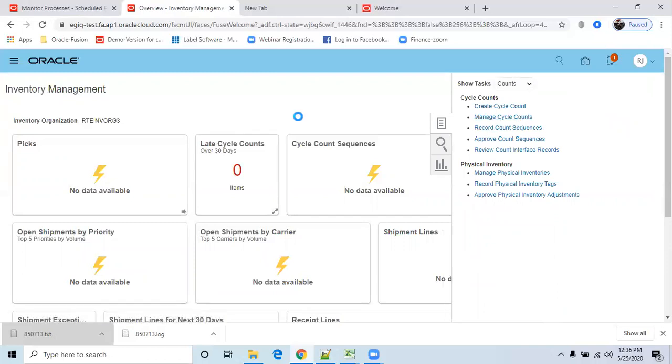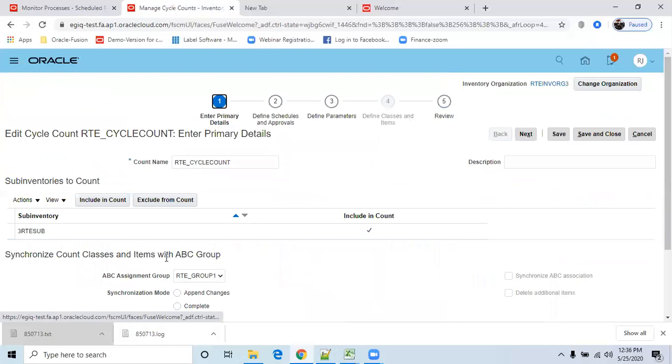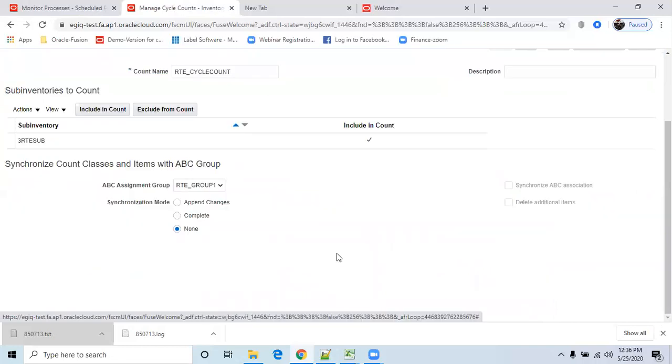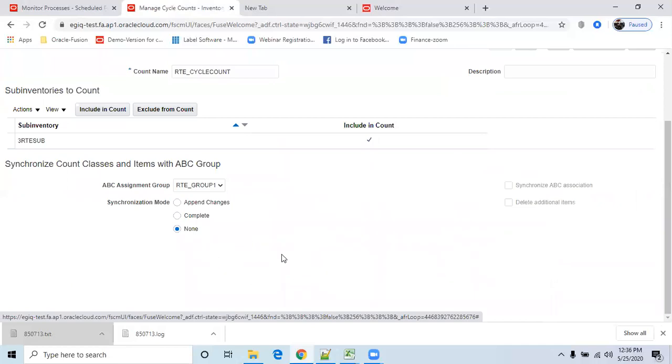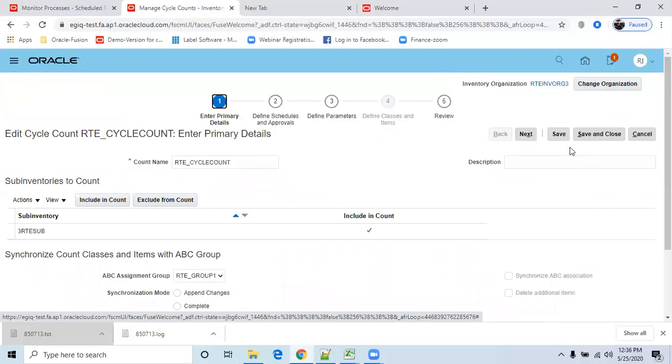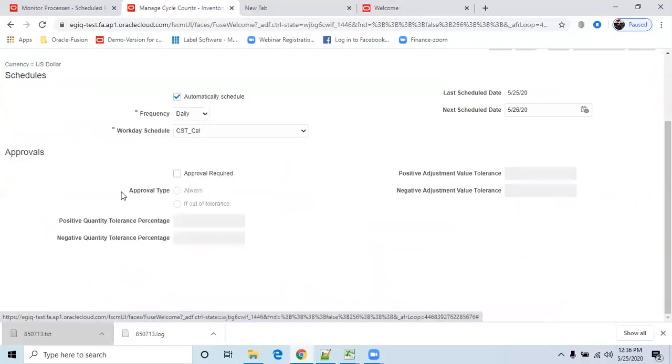So in this particular cycle count, manage cycle count. So open this. We did not keep the approval one. Yeah, here, approval type. Once you have not selected anything, the system will auto approve.